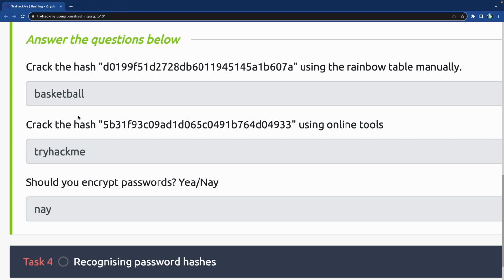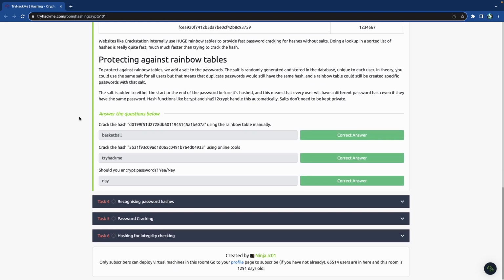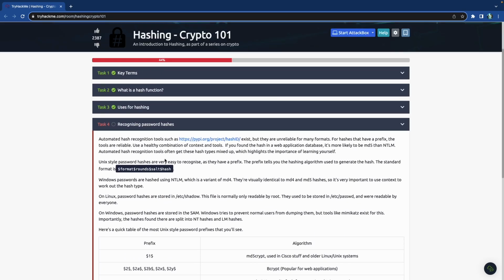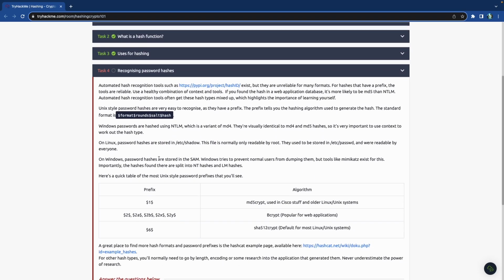It's interesting because maybe I feel like some of these labs are a little bit outdated or something. So either way, we got it, and it's useful to know that there are places online that you can go to crack some hashes. But if you really want to get good at this, and if you want to become a pro, then you gotta learn how to use Hydra or John the Ripper and different tools, hashcat, things like that.